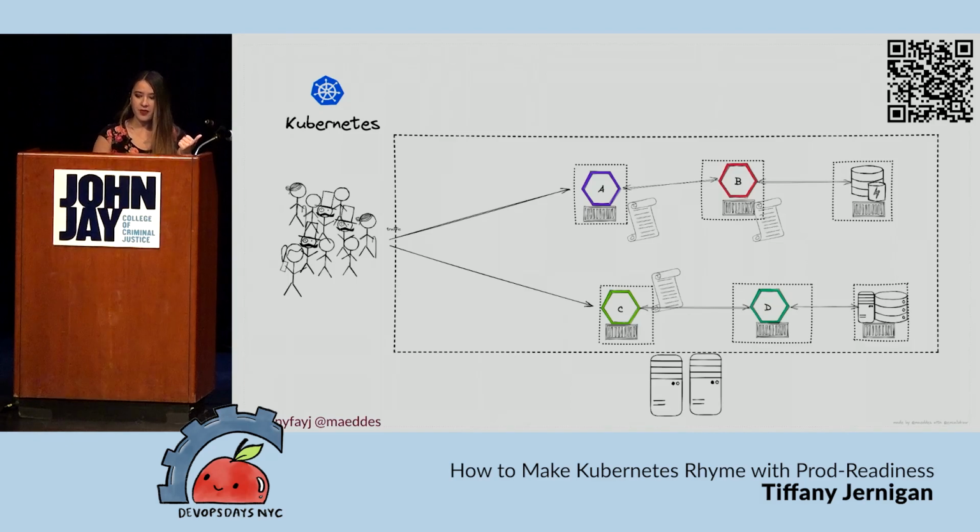In this lovely diagram with our cute little stick figures, I especially like the one with the mustache, you can see a bunch of users and a bunch of pods. If you're unfamiliar with pods, that's where your containers end up running. Kubernetes has some basic things built in, such as logging, implied by those little scrolls. You can use kubectl logs, and if you can SSH into the control plane or get to it some other way, you can access kubelet logs as well.